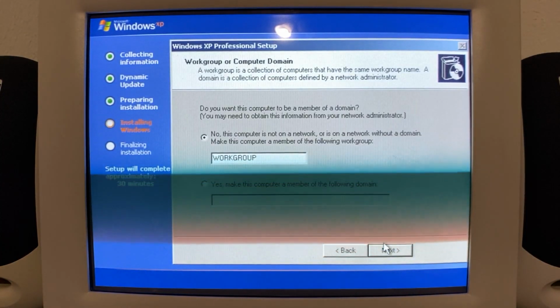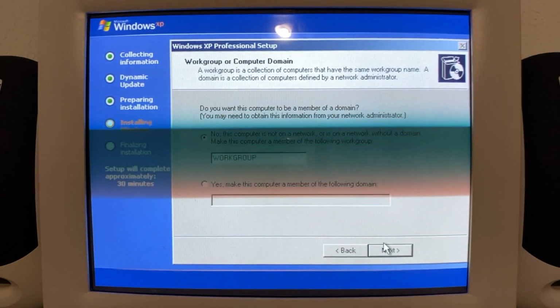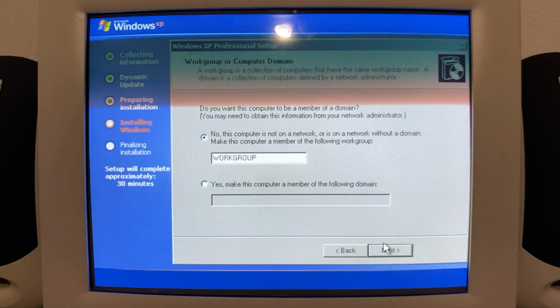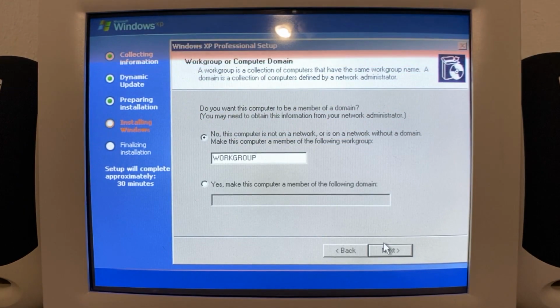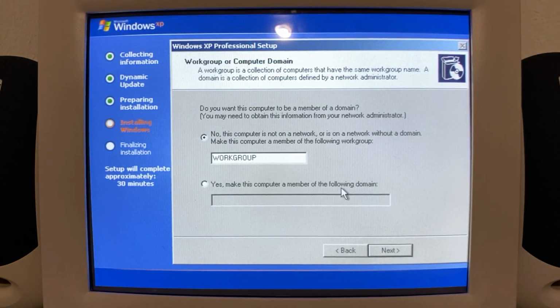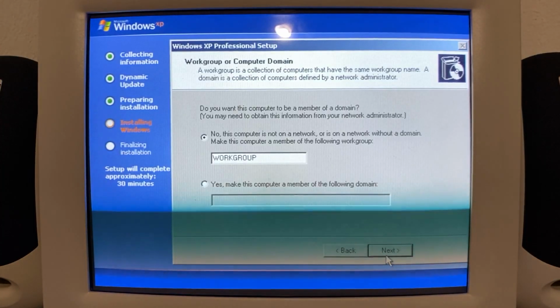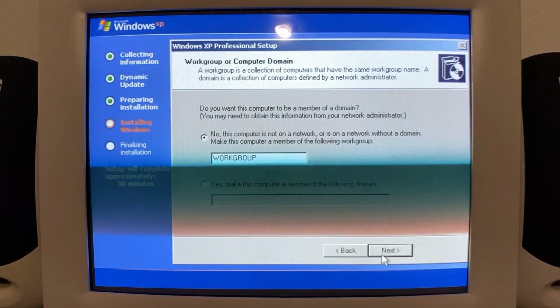Click next. Do you want this computer to be a network member or a domain? You may need to obtain this information from the network admin. No, this computer is not on a network or is on the network without a domain. Now notice that it doesn't give us the default name of domain. That's something that's changed here. But we can click on here and it gives us the default name of workgroup, and we can click